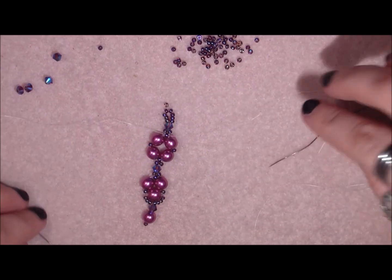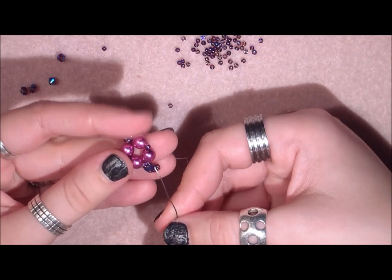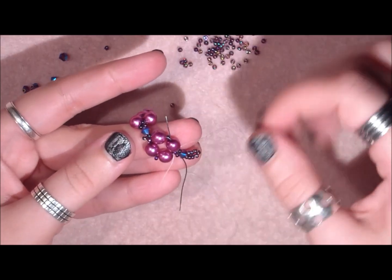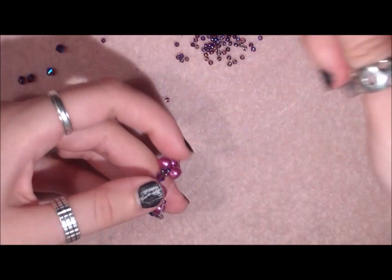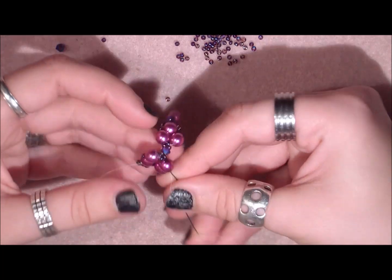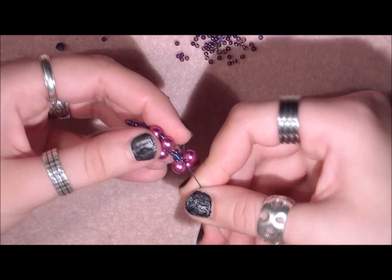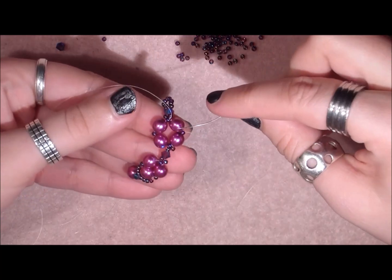Like this. And now I'm going to take my left needle and turn my work around. I'm going to pick up my work and go through the first pearl and the first seed bead. I can't do that in one time, so I'm going to do that in 2 times. And again through the next pearl and the next seed bead, and then through the next pearl and the next seed bead. So we're going to make this almost all around. And then I'm ending in the pearl